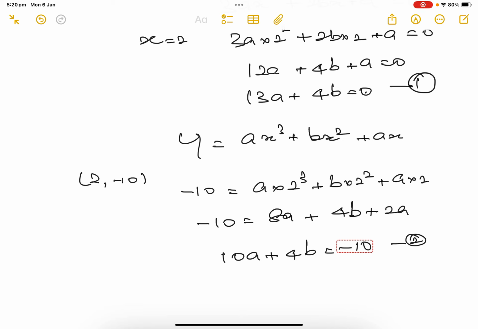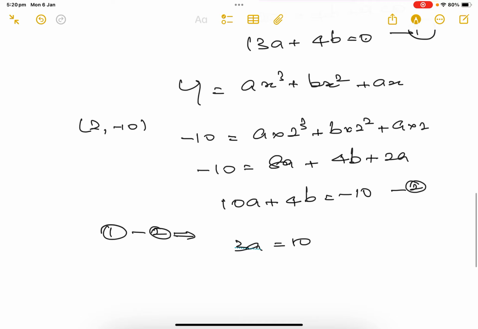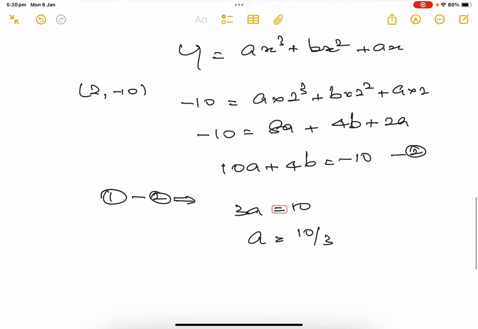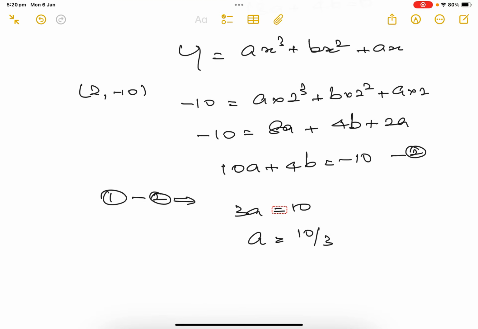If you look at equation 1 and equation 2, if we subtract 2 from 1, it will be 13a minus 10a, that is 3a. The 4b cancels out, and minus 10 becomes positive 10. So 3a equals 10, so a equals 10 divided by 3. Having found a equals 10 over 3,